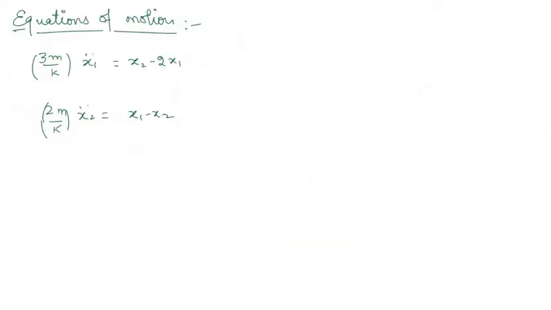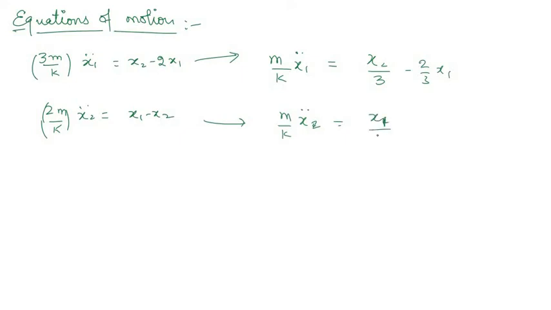So basically we were at this equation. This equation can be written as m by k x1 double dot is equal to x2 by 3 minus 2 by 3 of x1, and this equation can be written as m by k x2 double dot is equal to x1 by 2 minus x2 by 2. Now add these equations, what we will get is m by k